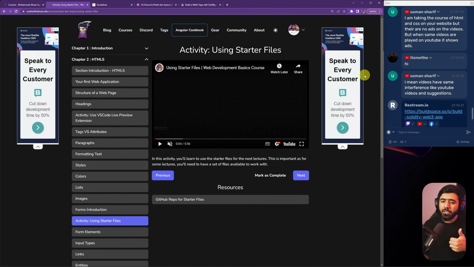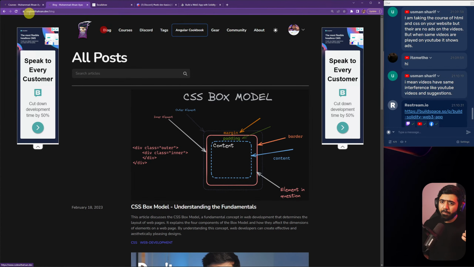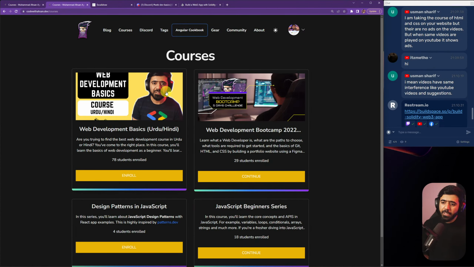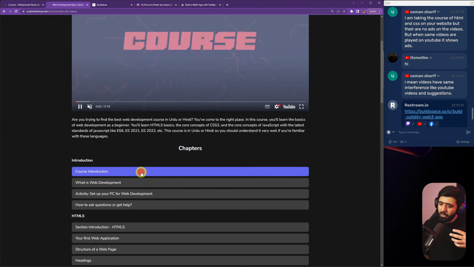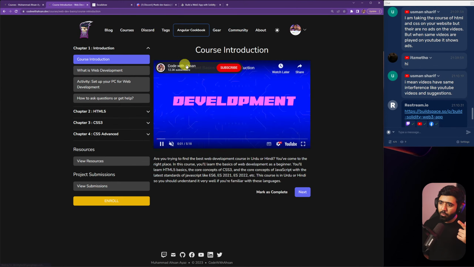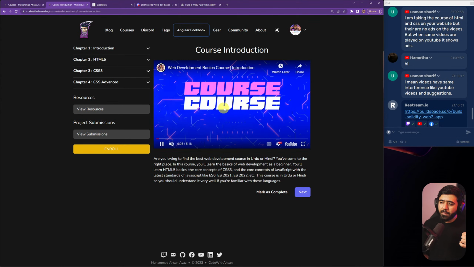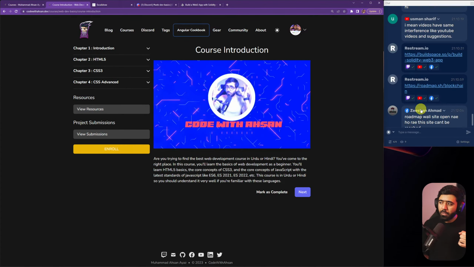So I think the only thing that is essentially there is just these two ads. I think I've disabled most of the ads completely from a lot of pages. For example, on courses and blog, if you start here, I don't think you get any ads. If you go to courses, you don't get any ads. But if you are just viewing a particular video, you don't get any ads here, but you only get ads on this page, as far as I remember. And you won't get any ads on the videos, as far as I remember. So yeah,